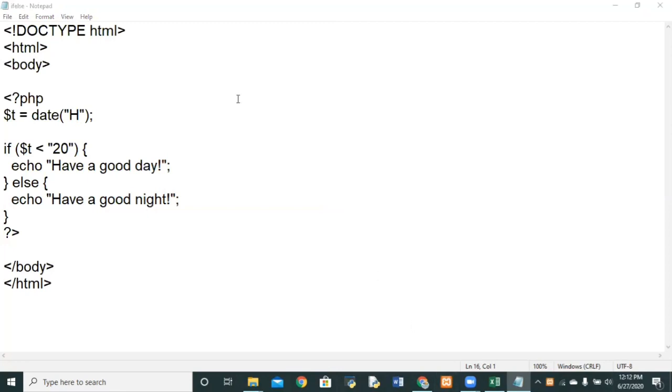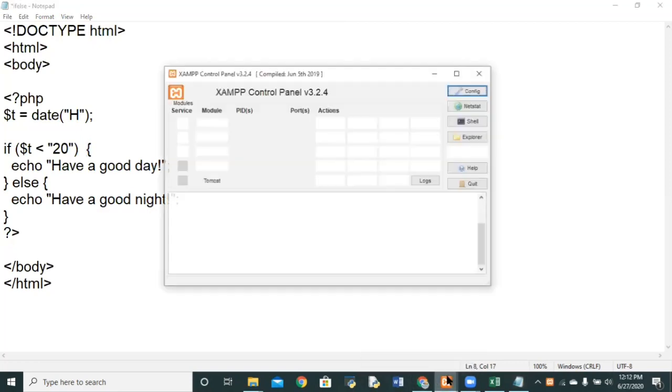Until then, I will tell you about this doctype HTML. This is called the time format. Okay, if the time is less than 20, that means if the time is less than 8 o'clock, then it will show good day, otherwise good night.